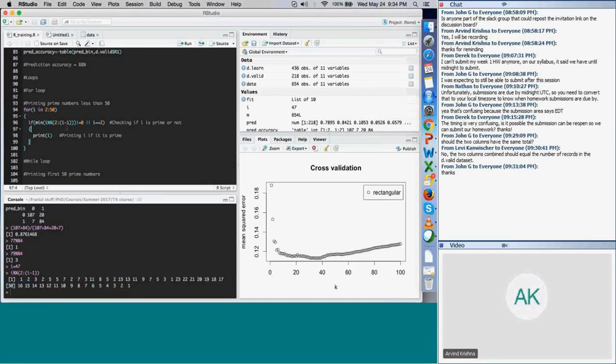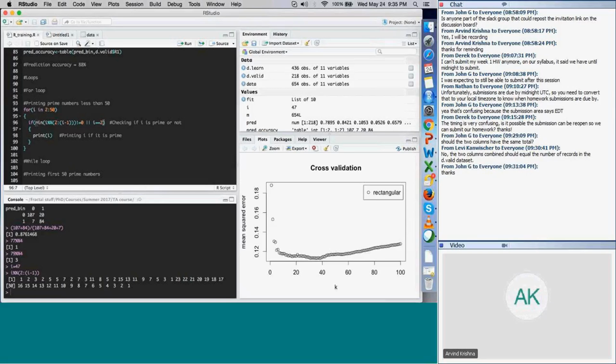Okay, thank you. So you can see that none of the remainders is 0. That means it's a prime number, and hence the flow of control enters here. For the special case, I have to deal with it separately. This pipe is an OR command in R. If you want to put it between two conditions, you use this double pipe. So if either condition is true,